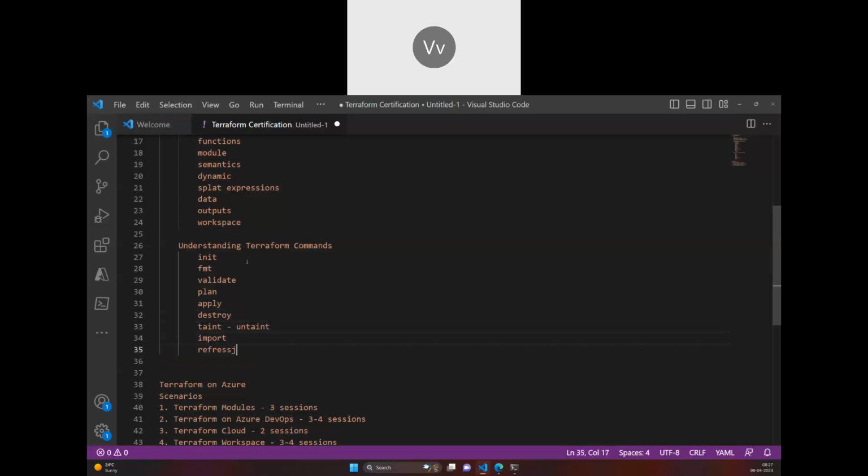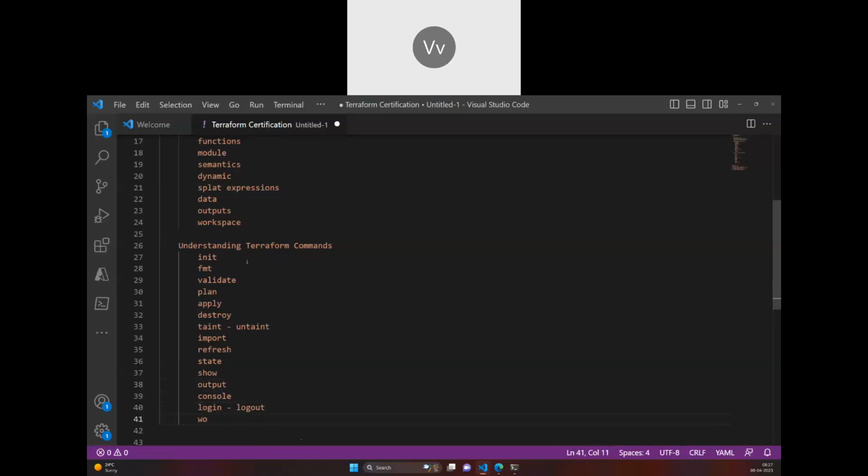So refresh, we have to talk about refresh. We have to talk about state, terraform show. We have terraform output. We have terraform console. When you want to use the Terraform registry and cloud, we go for terraform login and all that.